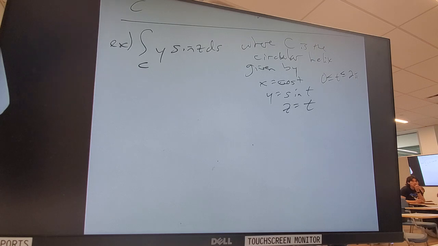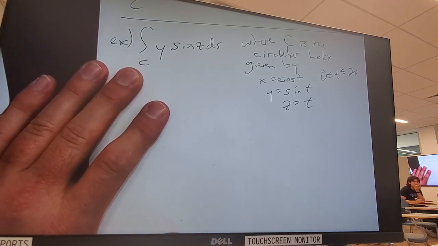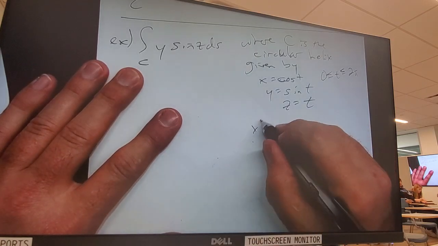You could notice a couple things. Like the integral is going to be easy to rewrite because I know what y is exactly, I know what z is exactly. ds, what's involved in ds? Square root of x prime squared plus y prime squared plus z prime squared, so I've got to figure out what x prime, y prime, z prime is, yes? So what's x prime?